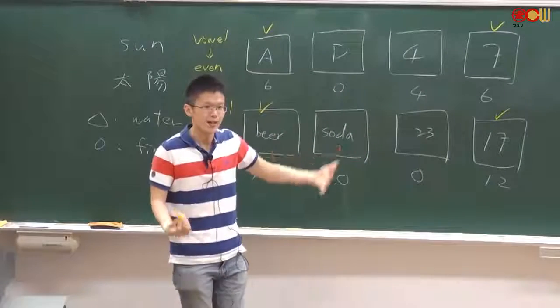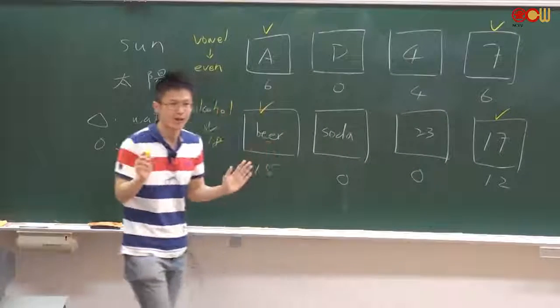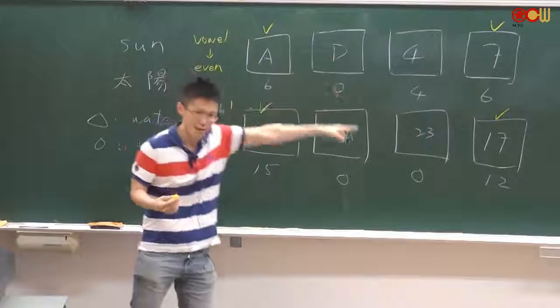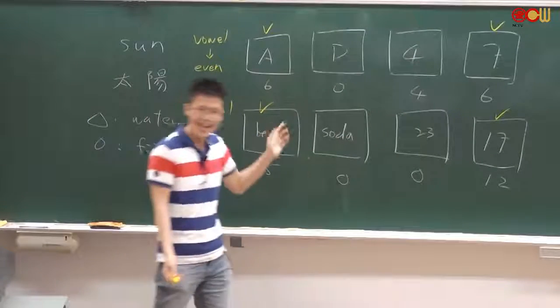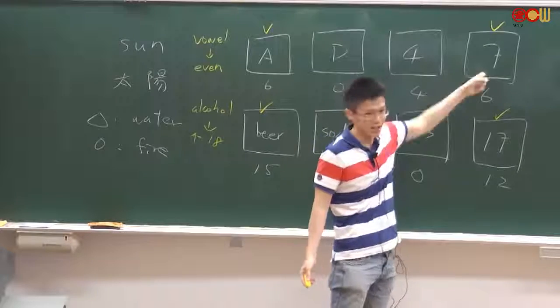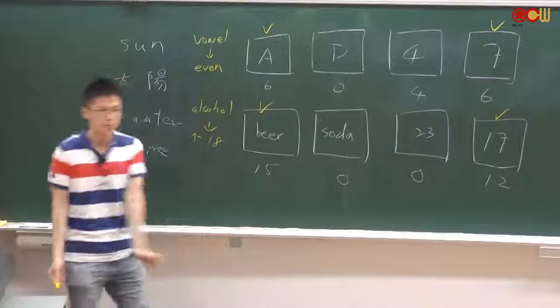You can imagine if there is an O on the other side of 7, then it will break the rule, which means that there could be an odd number on the other side of a vowel. So there can't be a vowel on the other side of 7. So you have to check 7. Just like here, you have to check people under 18.